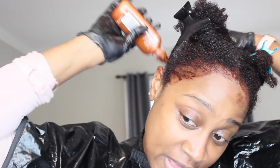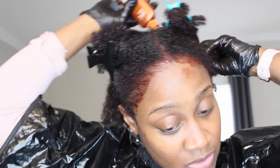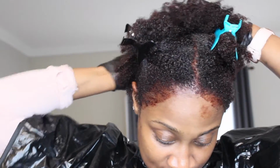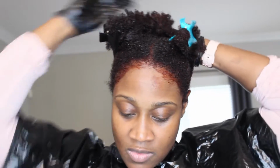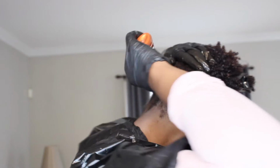I don't really have a method to the madness when it comes to the back section, so I just try to go in and get as close to the scalp as possible. And this probably isn't the best way to do it, but because I'm doing it myself, this is probably the best way for me to do it myself. Now, if I was getting it done, it would be done a little bit differently, but and then I'll take this